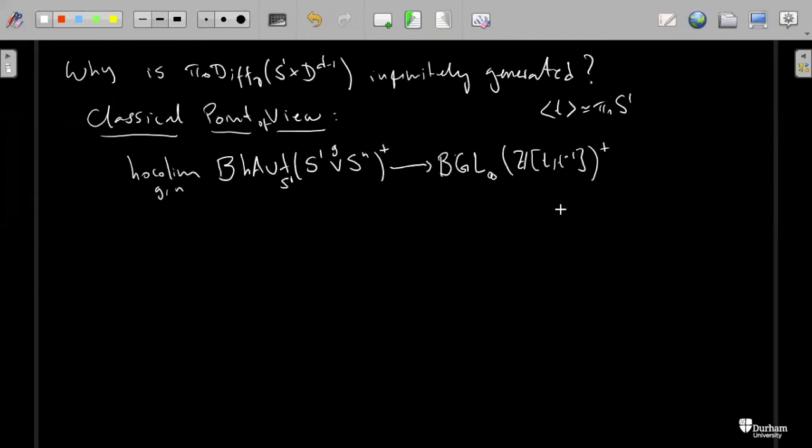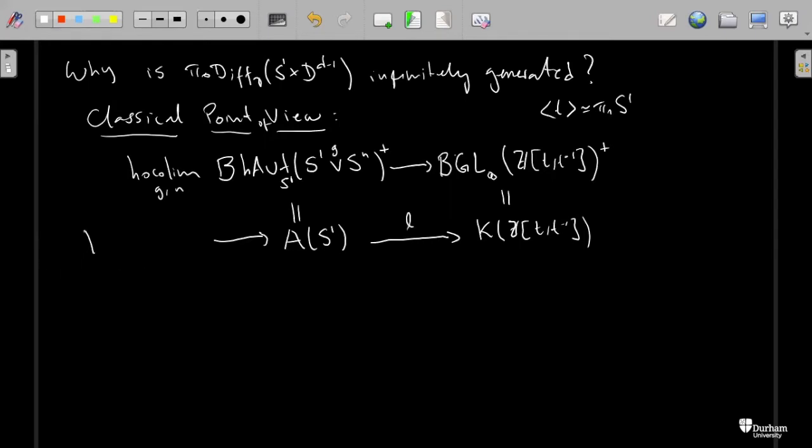But now when you are here, this is what Quillen defined as the K theory, or at least a component of the K theory of that ring. This is the algebraic K theory of the ring of Laurent polynomials. Now this one also has a name. I'm just gonna call it A of S1. And this is the Waldhausen K theory of that space, right? Now you don't have to know much about this. I'm just giving you this as a definition of A of S1. And this map here is gonna have some homotopy fiber, which I will call homotopy fiber of L.